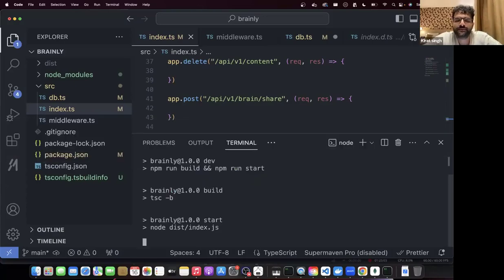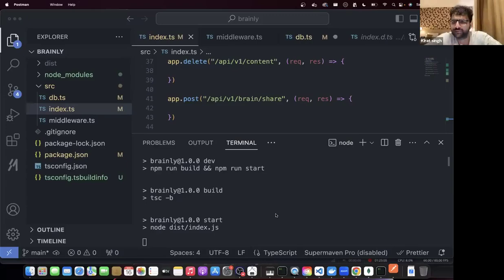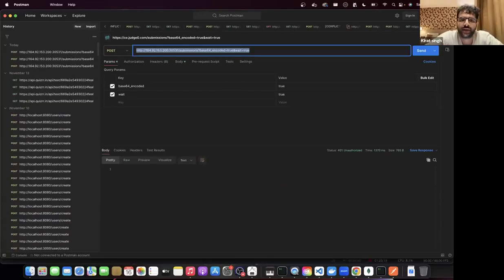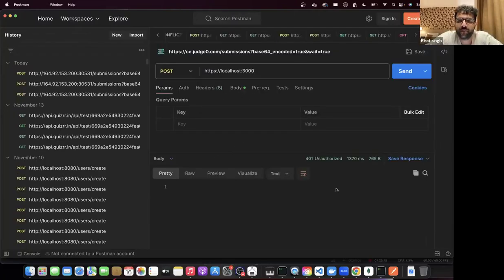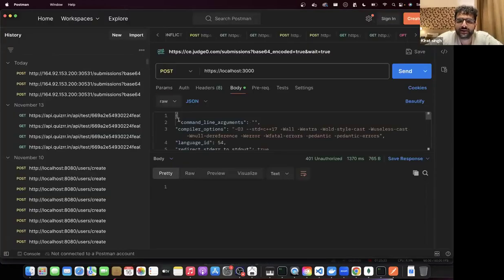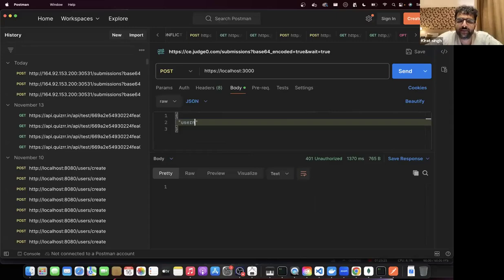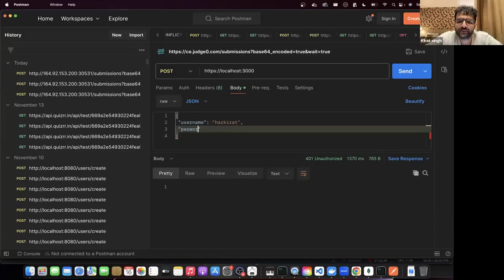Let's go to Postman. Let's try to send a request to sign up. देखते हैं sign up चल रहा है कि नहीं. अब ये चीज ऐसी है जो ऐसे होनी चाहिए. You should be able to do this easily by now, because we've done this a few times. Localhost colon 3000. The body that I'm going to send is going to have a username, a password, 123123. Let's send.